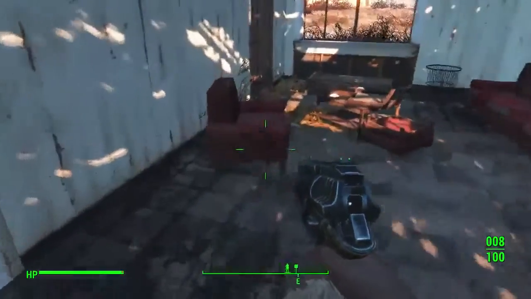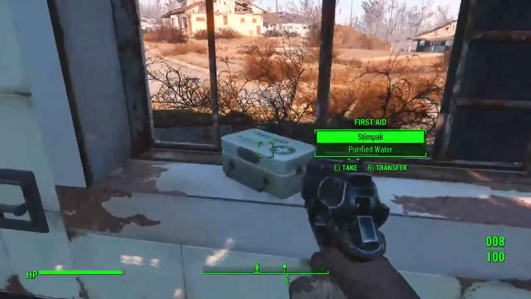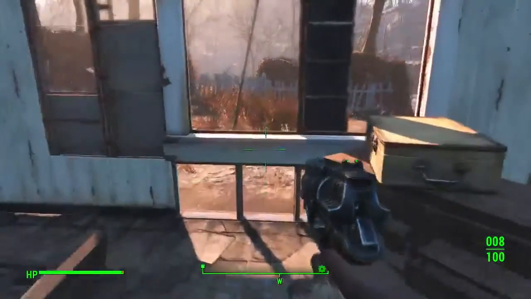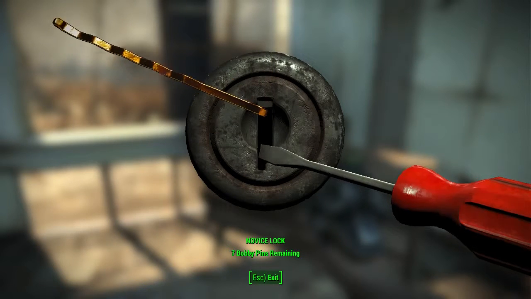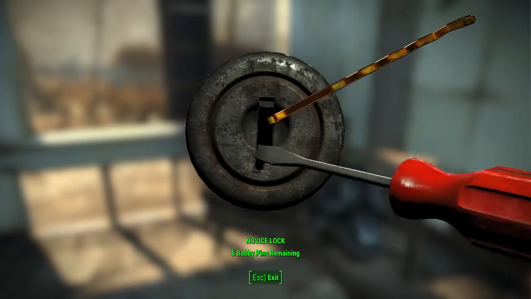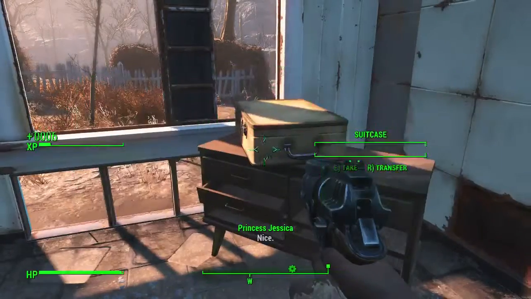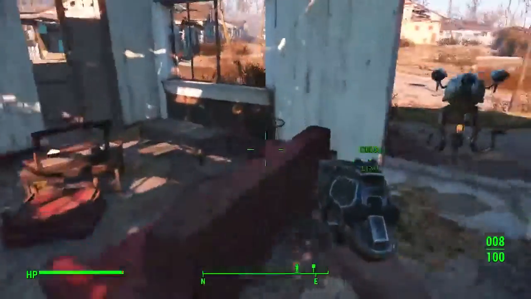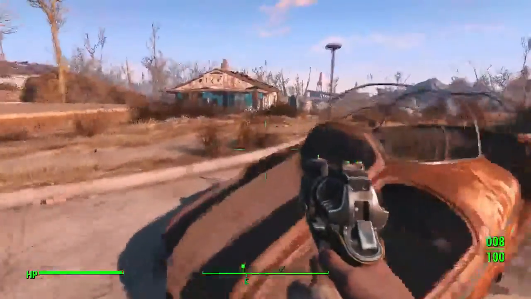We got plenty of things here. I don't think I've been in this house beforehand. Oh, like a med kit, for instance. And we'll unlock the suitcase. And I broke a bobby pin. Nice. Oh well, we do have plenty of them, and maybe we will be able to manufacture them. That's not something I'm absolutely certain of, but...